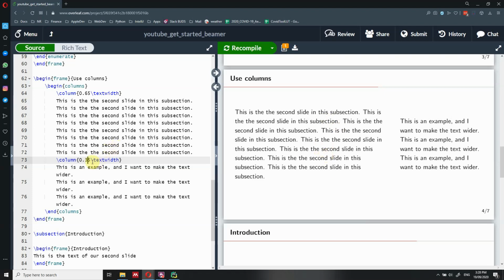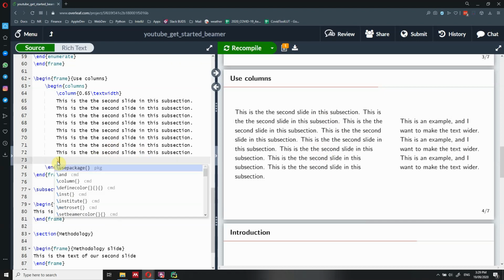Just a note here, you don't have to put any symbol in between, just the number and then the text width. To get the same behavior but with a little bit more code, you could have also done the following.